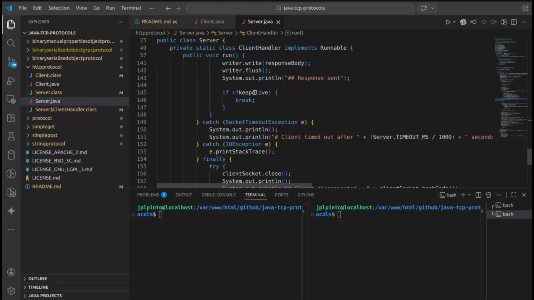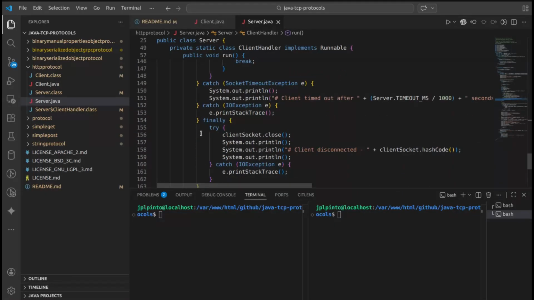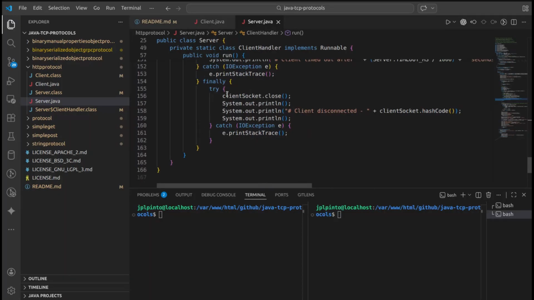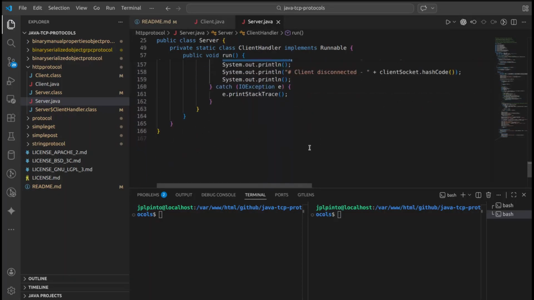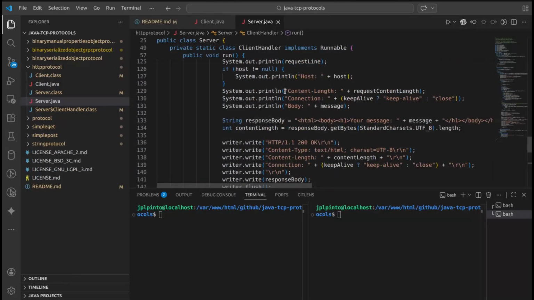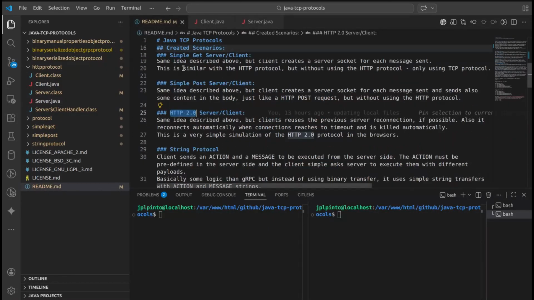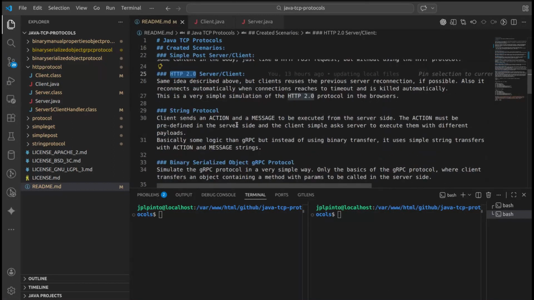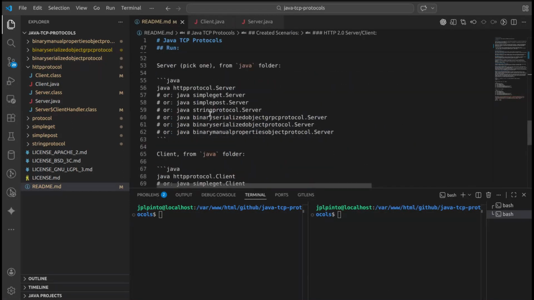If it is keep alive, if it is false, if there's a break, then it can close the specific connections in here. As you can see, client socket closed. So basically, very simple. Let's just execute this so you can see this working. So in here basically